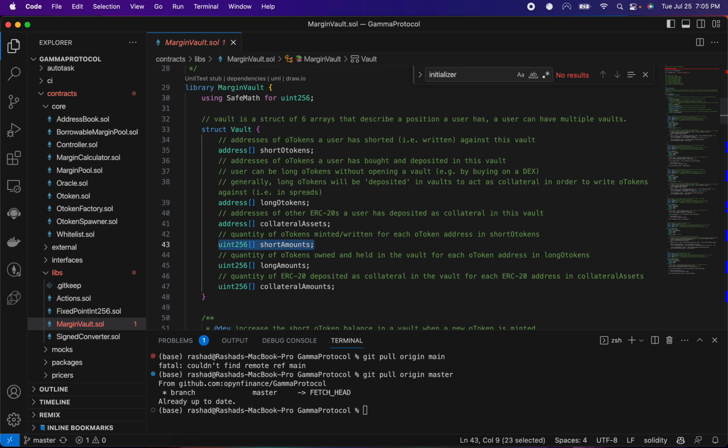Short amounts, so for those short O tokens, what quantities am I short? 1, 2, 3, 4, right? Long amounts, same idea, and collateral amounts, like how much collateral do I have for the collateral assets? For the collateral assets, you said typically it's going to be USDC and not the underlying